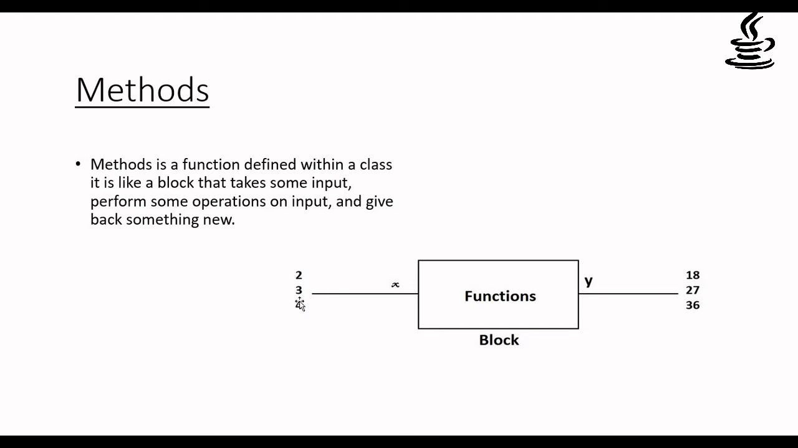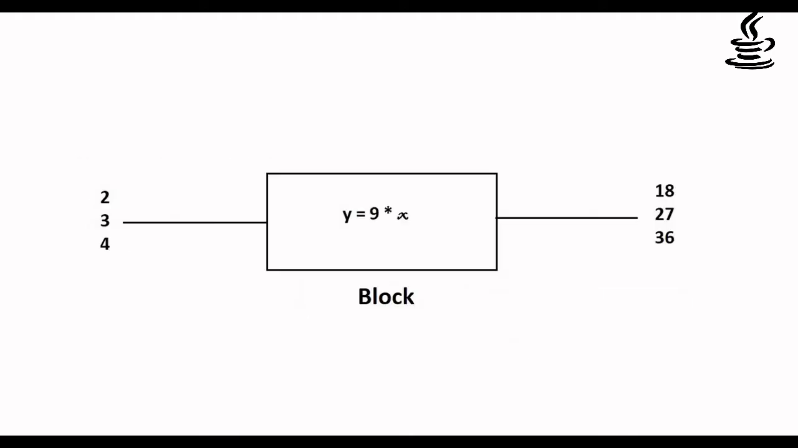So when we give 2, 3, 4 as an argument or input to our block, then it performs some kind of mysterious operation upon it and gives back an output which is completely different from the input. That is, if we give it input of 2, 3, 4, we get an output of 18, 27 and 36. So if we open this block, then we will see that